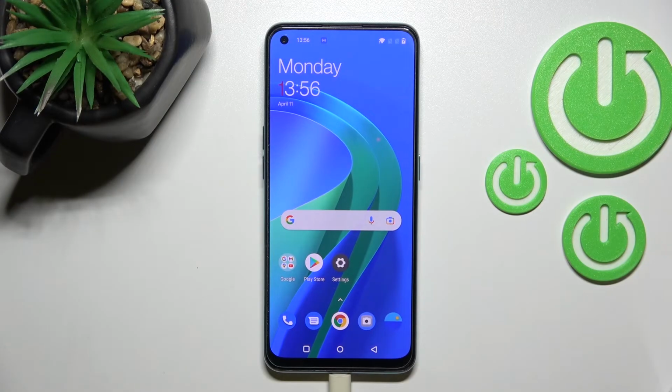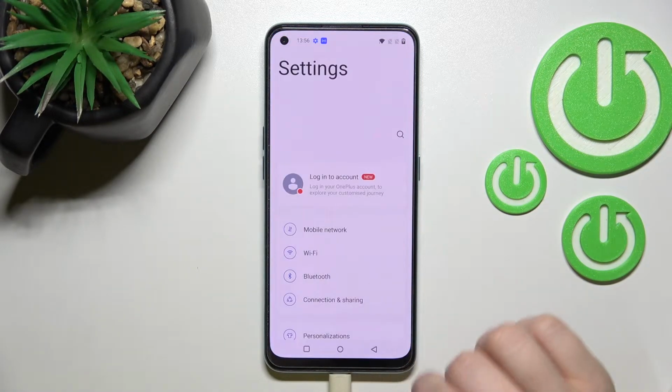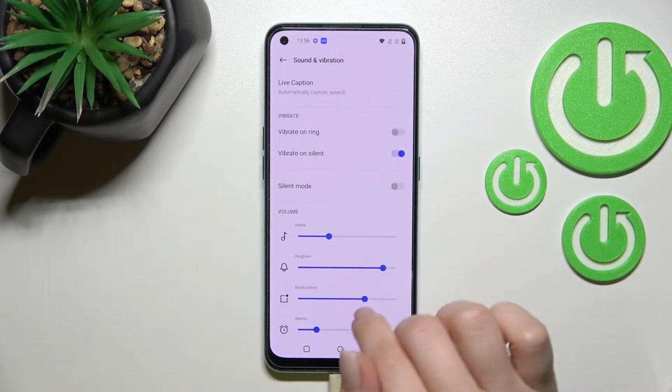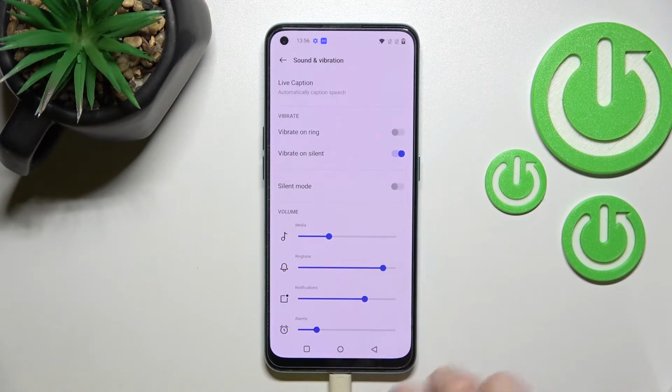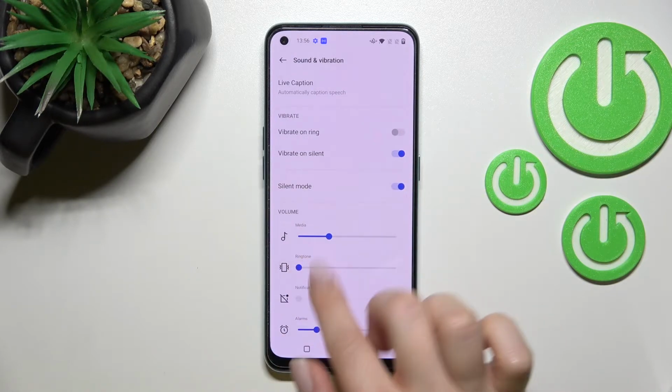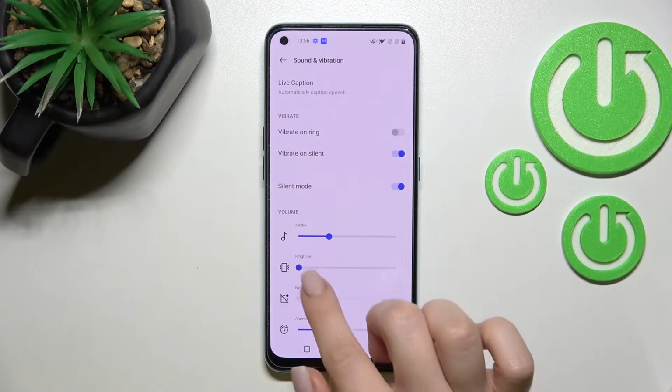Welcome, today in front of me OnePlus Nord AC2, and I'll show you how to mute ringtone on this device. So first you should go into the settings application and then scroll to the sounds and vibration section. Here you can see the ringtone volume panel. Just to mute the ringtone, you should swipe this dot on the ringtone volume panel to the left side, and